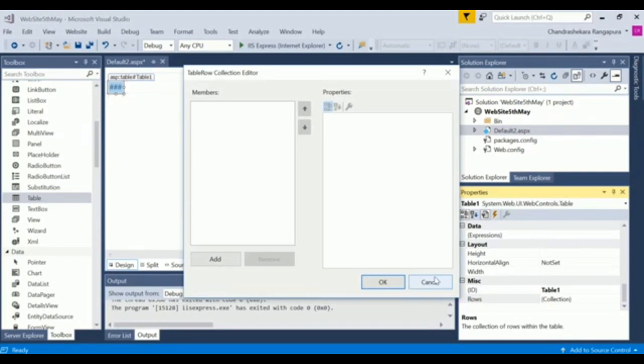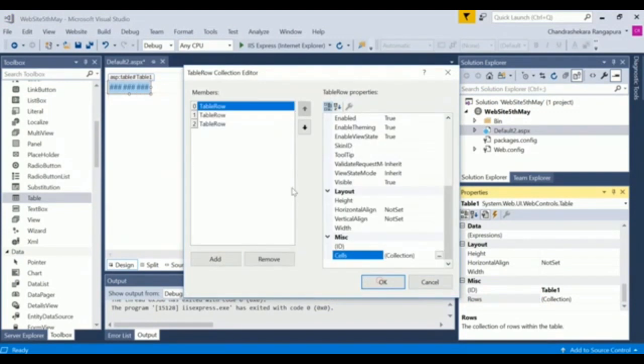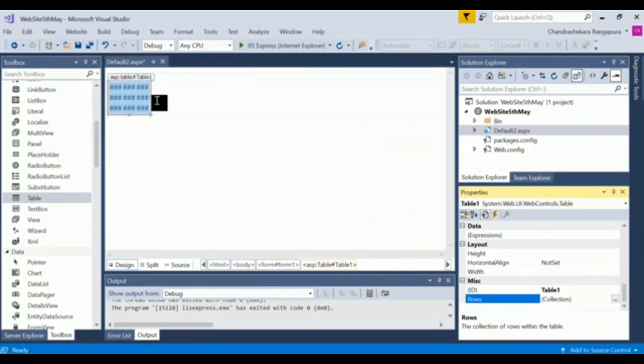And just simply click on the OK button. So just now you can see we are having 3 rows, 3 columns. And this is the source code window in which the content related to the table is automatically added. That is, in the table we are having a total of 3 table row controls, and in each table row we are having table cells. Within an opening table cell and the closing one, we are adding space in which we are going to add some other controls from the toolbox.